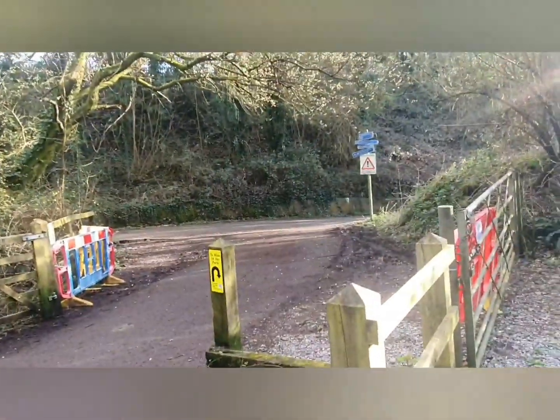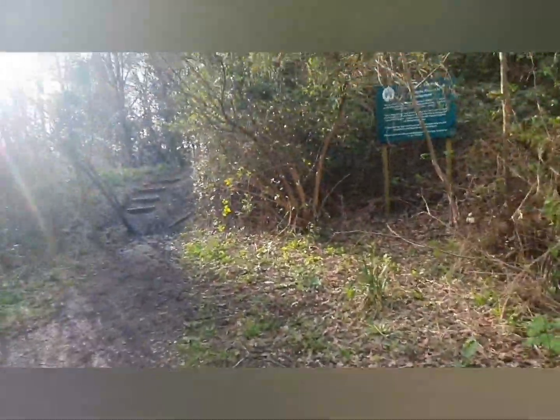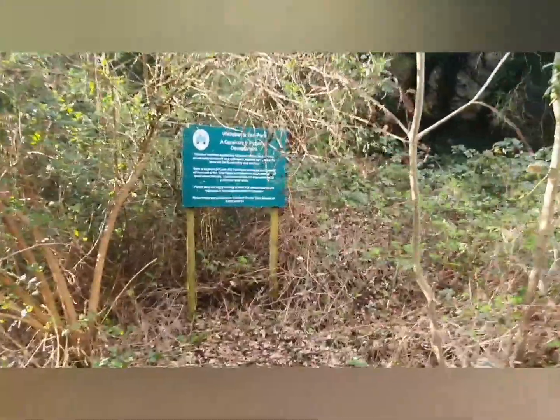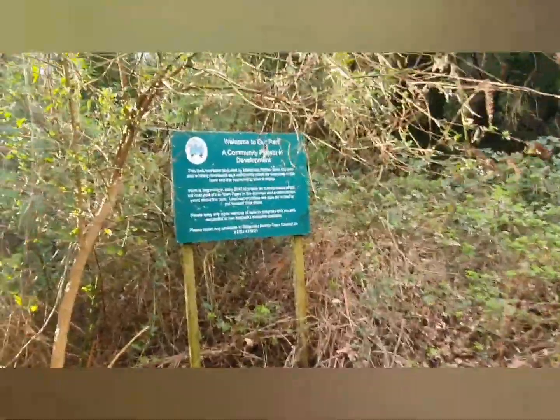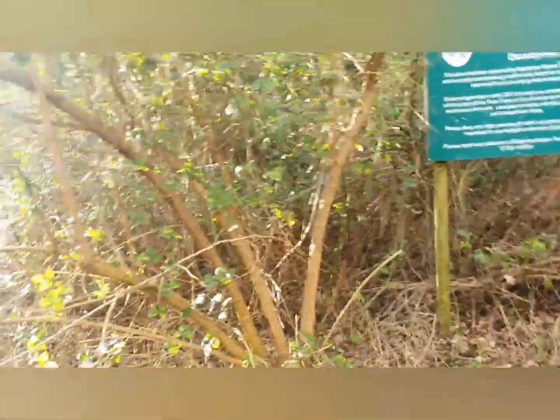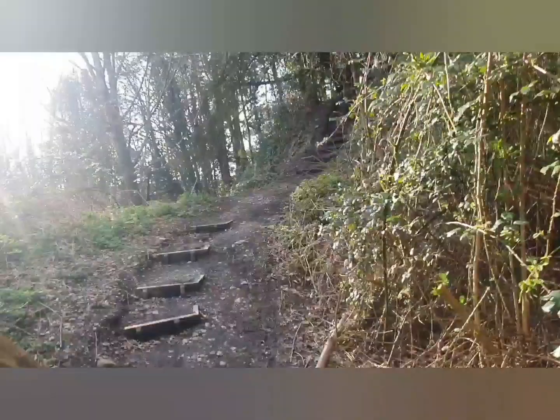and joins the road, or there's this little bit up here. So welcome to our park. Here we go. I suppose I better read this. Oh, there you go, guys. Right, so we're going to walk through this little bit of mud, and we're going to find the railway, which